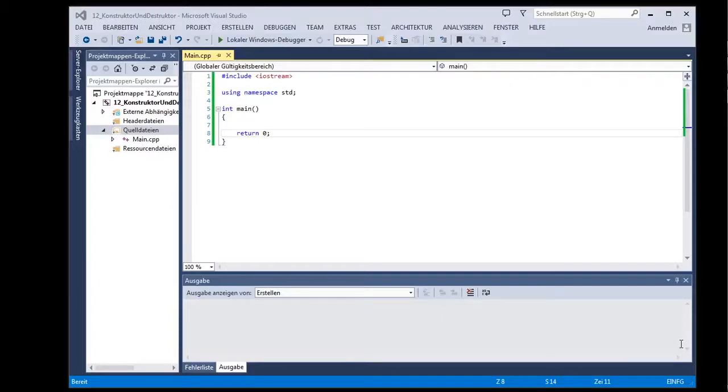Hello and welcome to another video tutorial on how to use C++. Today we want to work more with classes and objects. For that I created a new project, number 12, Constructor Destructor, and added the main function right there with standard